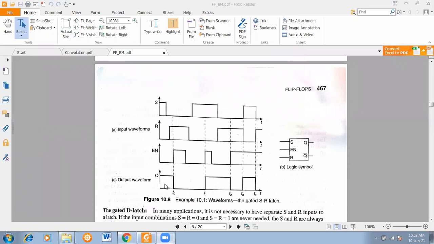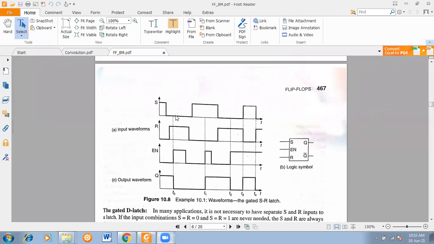So you people know that if the clock is absent or grounded, then the output will never change. It will be constant. Whatever be the previous output, that will be continued. So we are assuming that initially it was high. Okay, if you give it 0, then also it is okay, no problem.